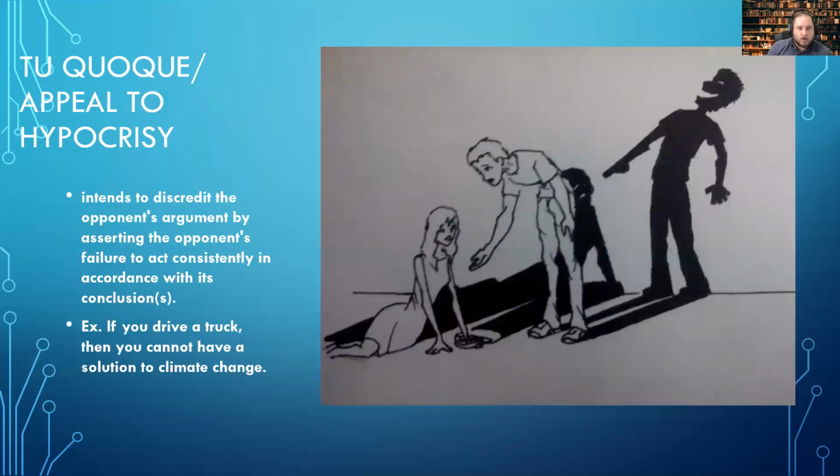An appeal to hypocrisy is another one that we see constantly. We're attempting to discredit an opponent's argument by asserting that the opponent's failure to act consistently is in accordance with the conclusion. So if you drive a truck, then you cannot have a solution to climate change because trucks are bad. But you can still own a truck and still understand here's a way to think about climate change. We can still have an argument that's true and valid,